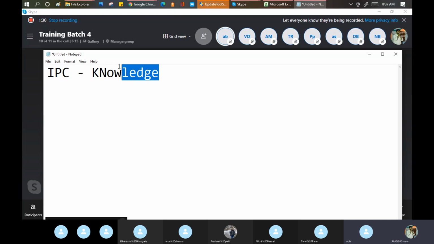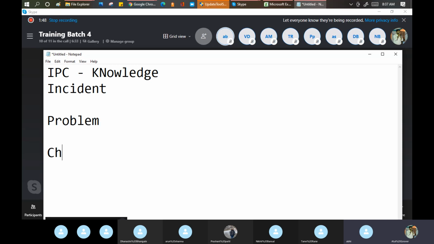In these four processes, the execution is totally different. Let's take an example here. First, we will discuss on paper, and then we'll go for the practical part. What does incident say?